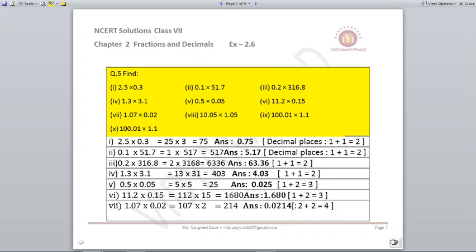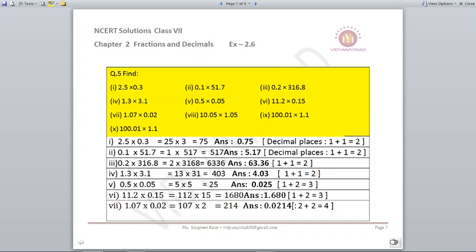0.75. Next, 0.1 multiplied by 51.7. So how many decimal places? 1 plus 1, 2 decimal places. Now what is 1 multiplied by 517? It is total 517. Where will the decimal come? Count from 7, 7 and 1 and then put the decimal. Your answer is 5.17. Third part, 0.2 multiplied by